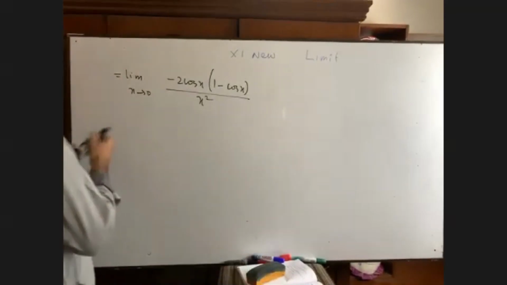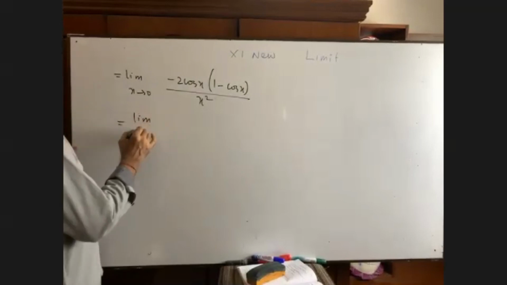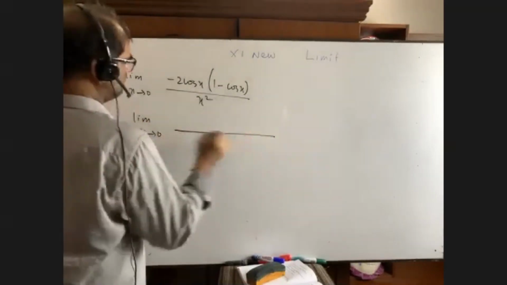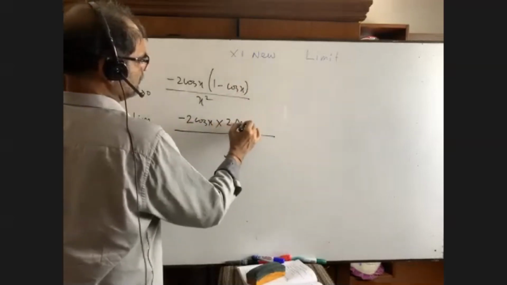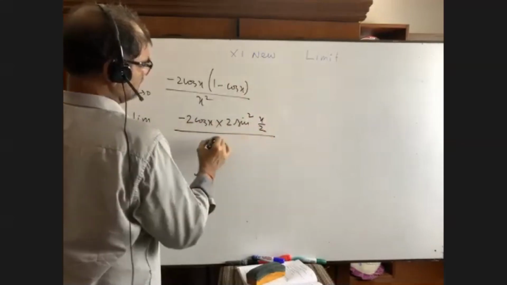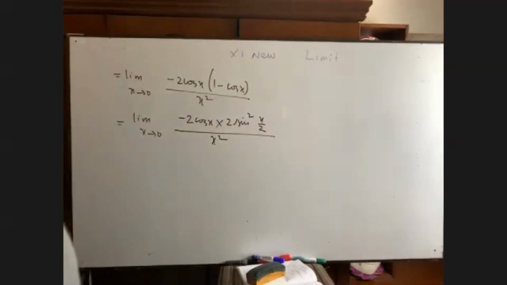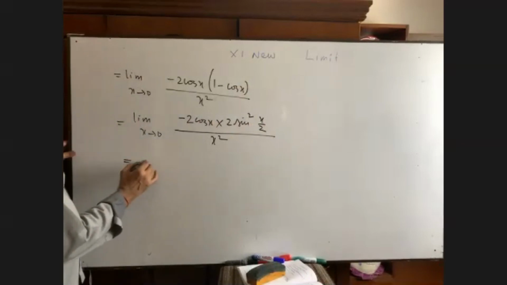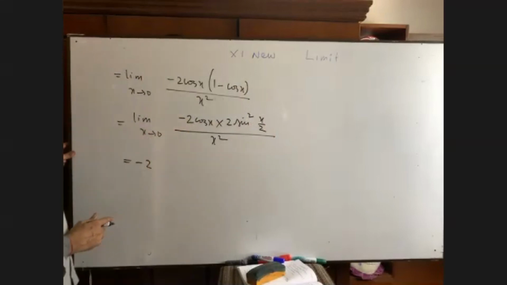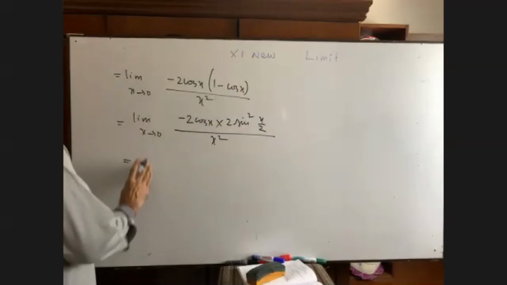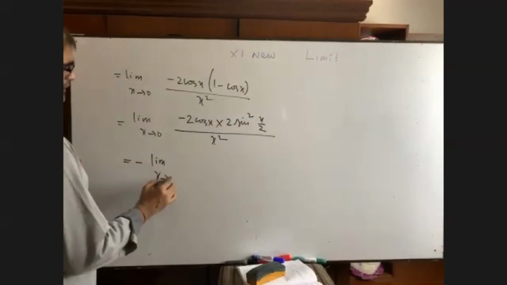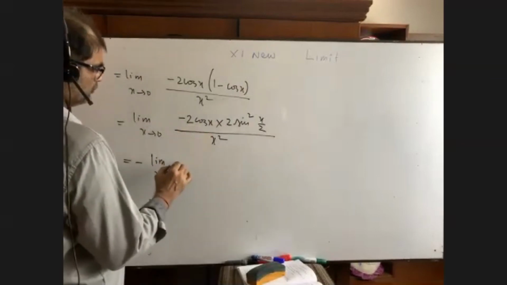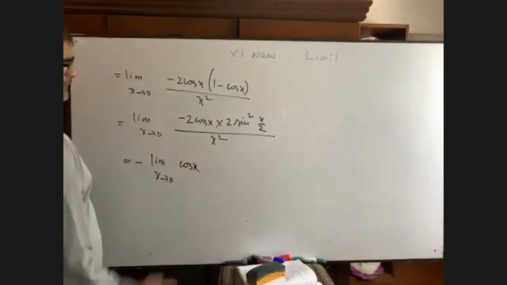Now it can be done by yourself. Limit, now it has been very easy for you. Limit minus 2 cosine x, 1 minus cos x, that is 2 sine square x by 2, by x square. Right? Okay, minus 2 has been taken at first. Forget it, only minus, not a matter. So minus limit x tends to 0. It is what? Cosine x into